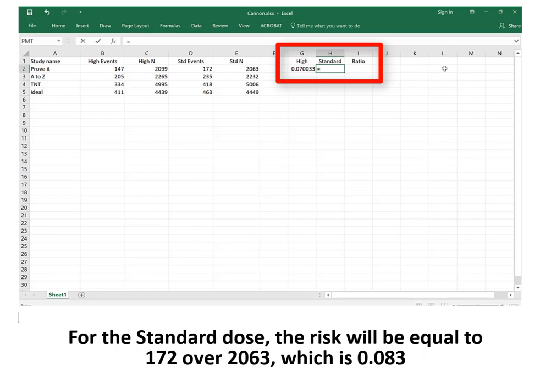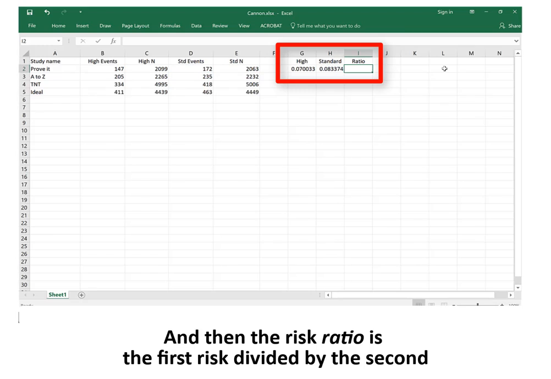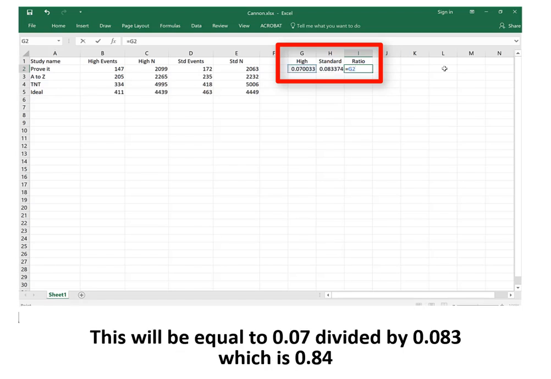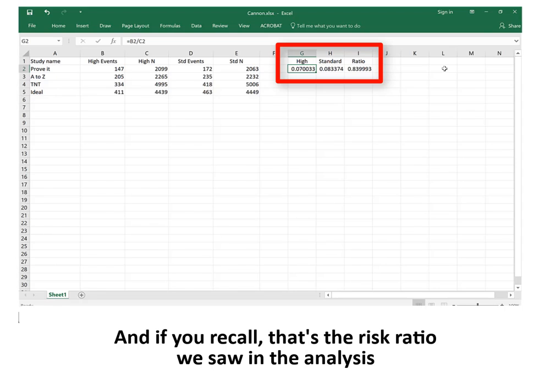For the standard dose, the risk will be equal to 172 over 2063, which is 0.083. And then the risk ratio is the first risk divided by the second. This will be equal to 0.07 divided by 0.083, which is 0.84. And if you recall, that's the risk ratio we saw in the analysis.